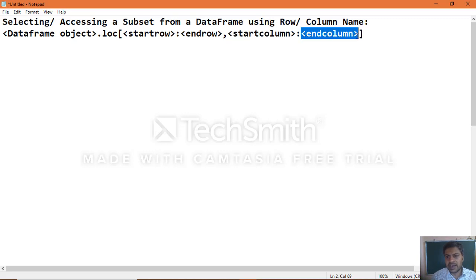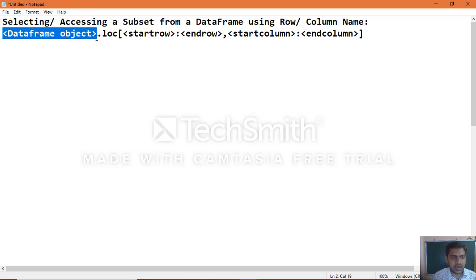If you want specific columns and specific rows, you mention the rows and columns in the loc so that you can access that part of the data frame object, which we call a subset of information.